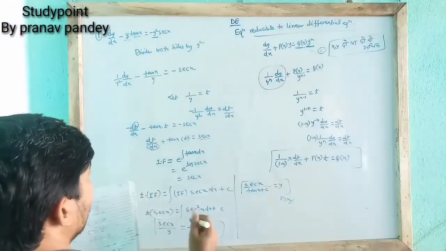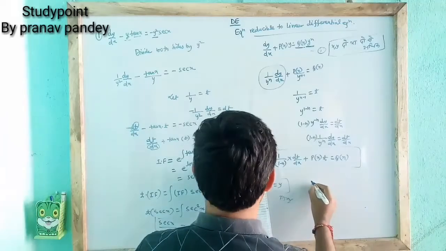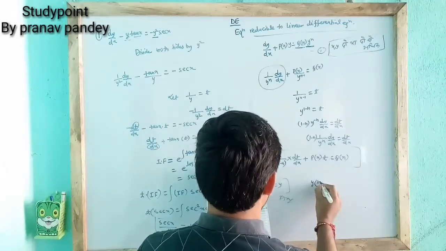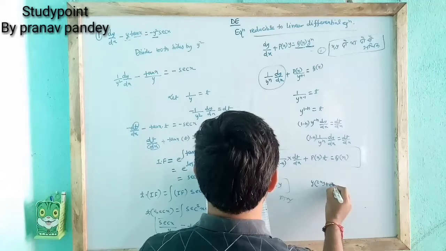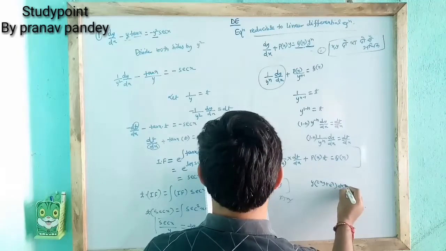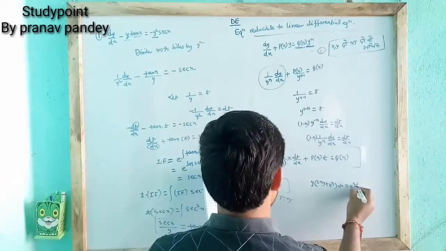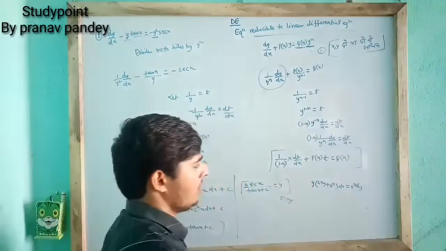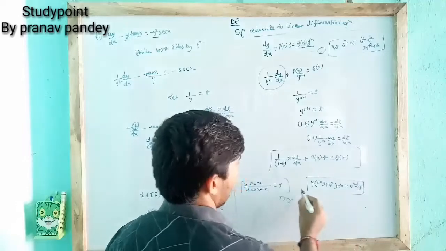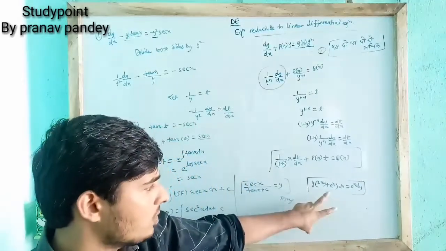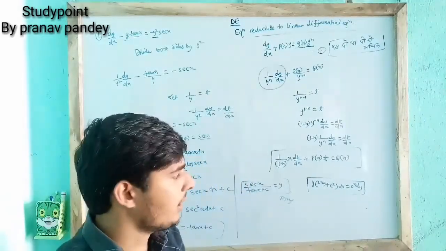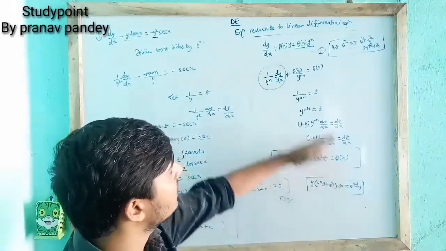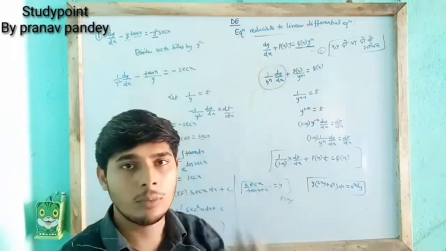So I am giving you one question, you must try at home. So here is the question. The question is y into 2xy plus e to the power x dx is equal to e to the power x dy. So this is a reducible form and you need to reduce it to dy by dx, and then you must solve this question. First of all, reduce this differential equation into a linear differential equation and solve it.